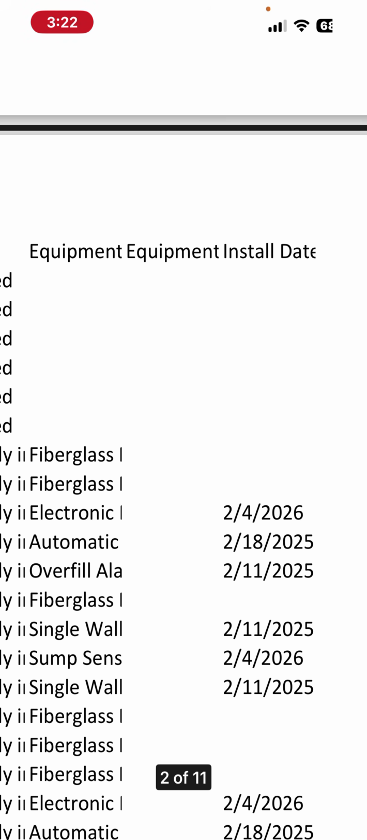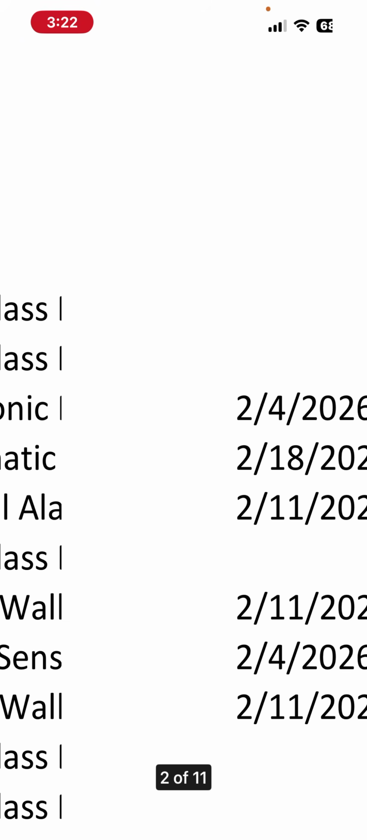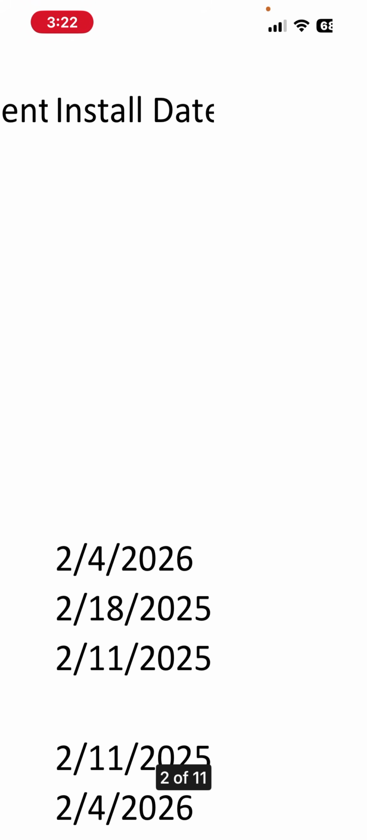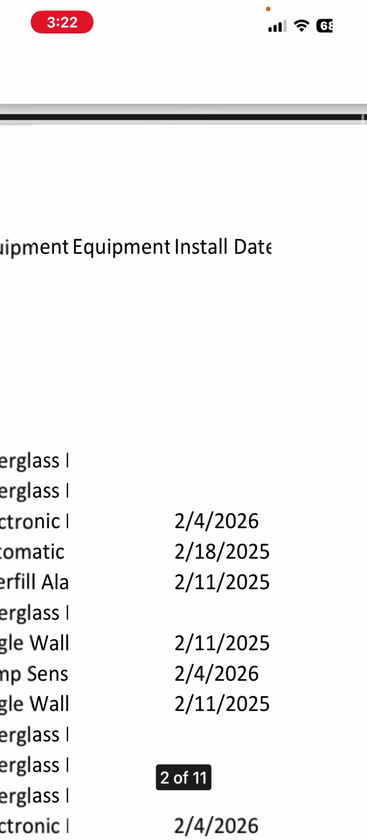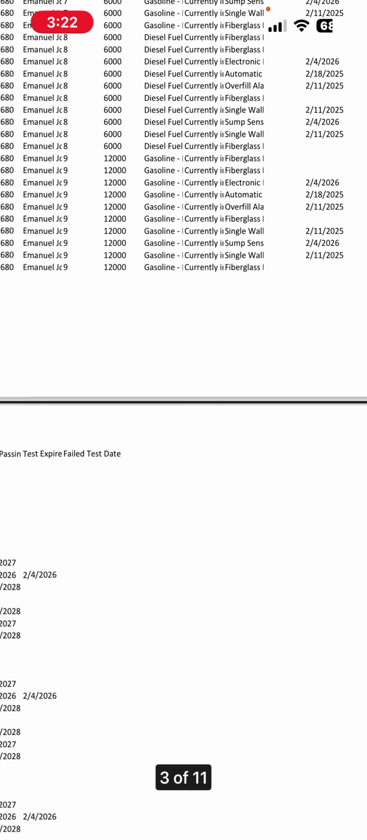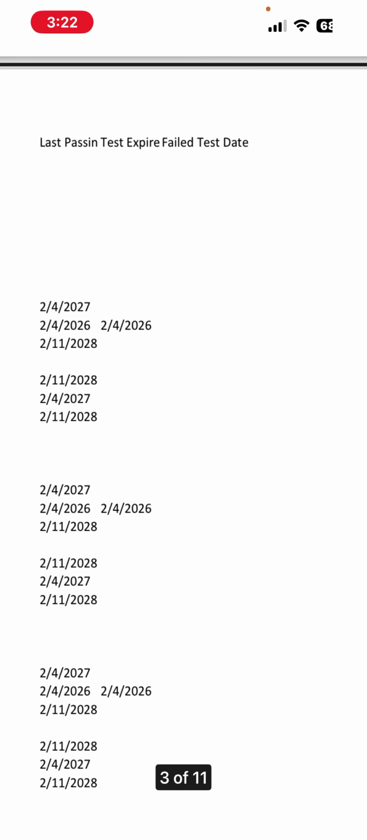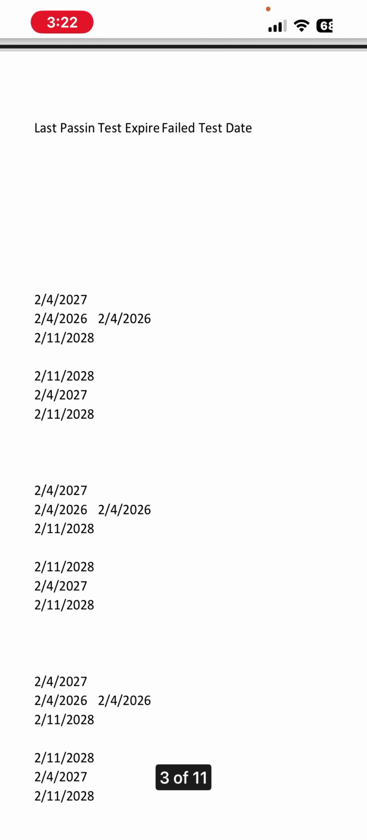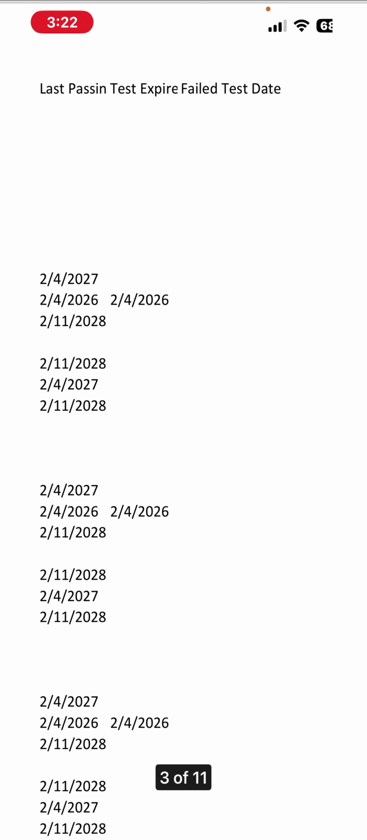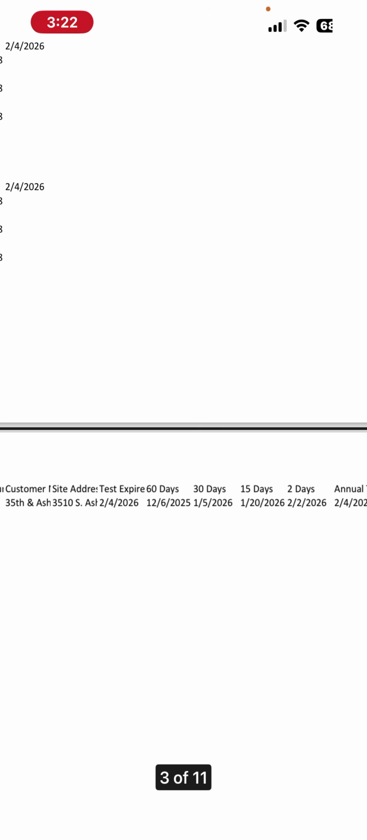But if you go further and see other tanks, they have dates, like install dates and stuff like that. And then if you go down to another column, it has the test expiration date. It shows here for the users that have an expired or failed test date. Then on the other sheet, you have